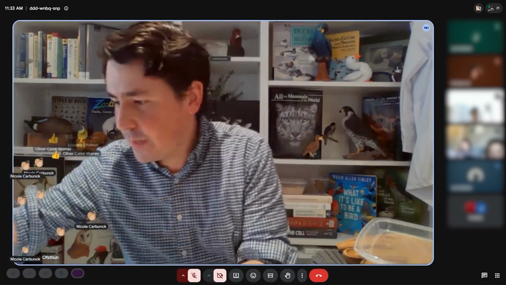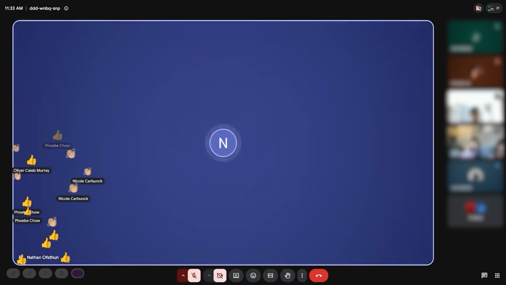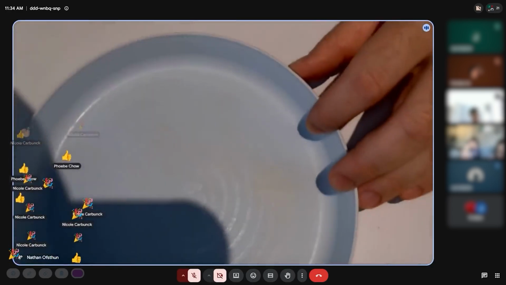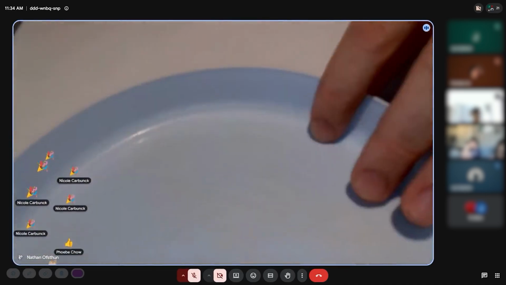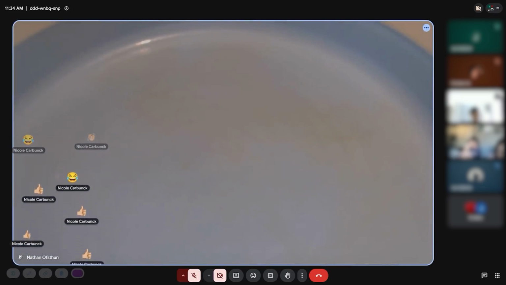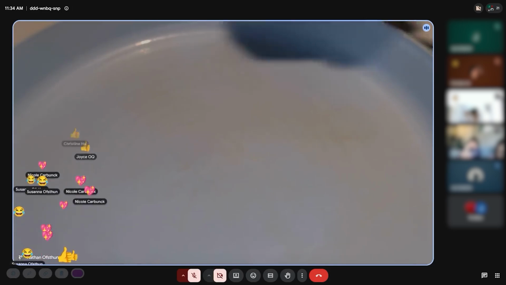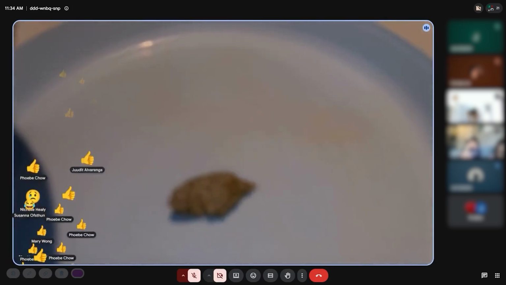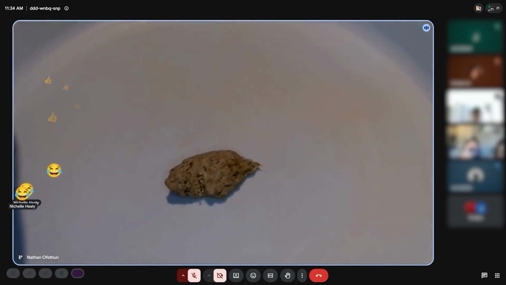Because it's so much easier to work with a non-moving object, I am going to switch my camera and observe with you this motionless plate. Okay, now we have lovely shadows. Let's do it at a little bit of an angle. Can everyone see the motionless plate? Fantastic. I'm going to take one with some tweezers and put it here. Let's see if we can focus in on this one. Is that nice and focused for you all? Can you all see that well enough?